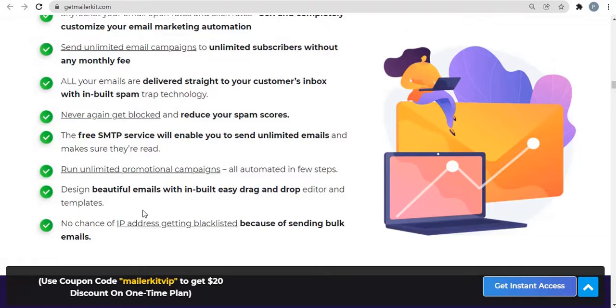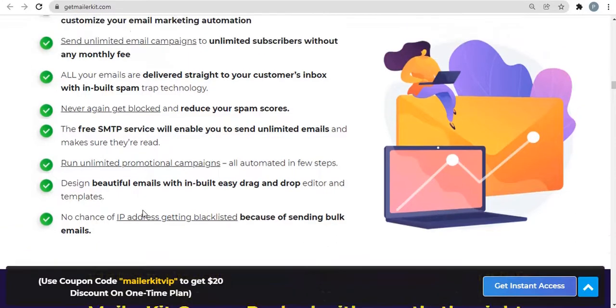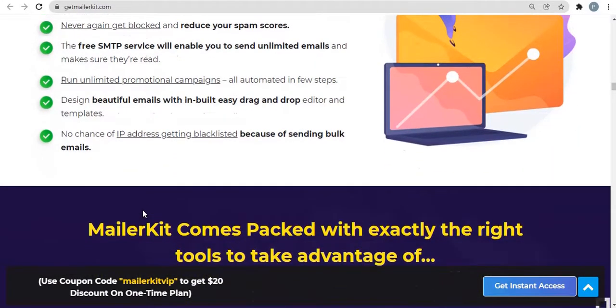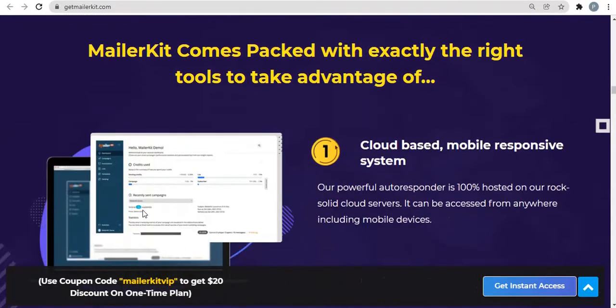Never again get blocked and reduce your spam scores. And the free SMTP service will enable you to send unlimited emails and make sure they are read. So run unlimited promotional campaigns and design beautiful emails with the built-in easy drag and drop editor. So no chance of your IP address getting blacklisted because of sending bulk emails.